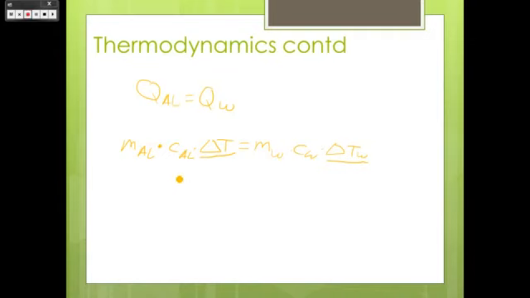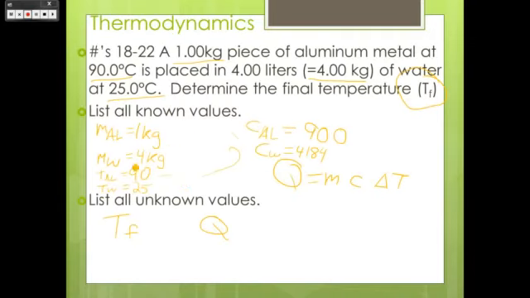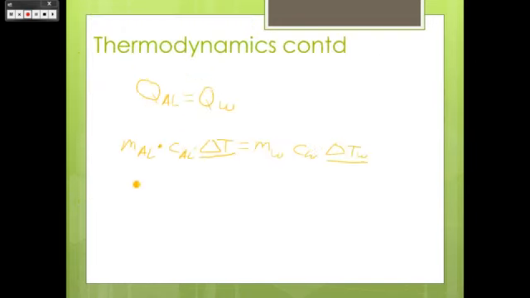If we look back at our previous problem, we were given the starting temperature, 90 degrees for the aluminum and 25 degrees for the water. So we'll call that temperature initial. For the aluminum it was 90. Temperature initial for the water is 25. But if I'm looking for the change in temperature,